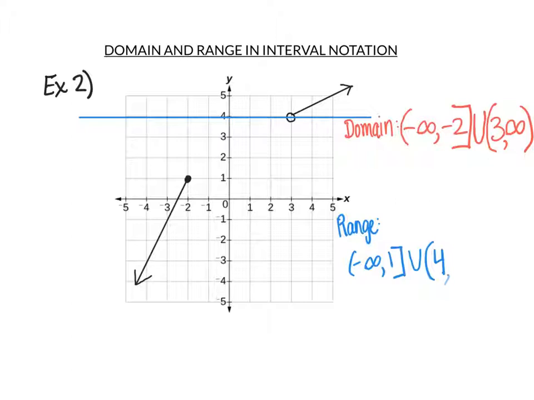So now let's write our comma, and you're going to notice that our black function here continues to go up and to the right. As we drag this blue horizontal line up, we're going to see that our black function continues to touch all the way up to infinity, which means to finish the range, we're going to write that it goes from 4 comma all the way up to infinity, and with infinities we will always put a parenthesis. And that is the domain and range for this particular function.